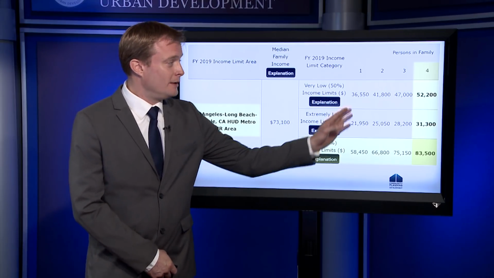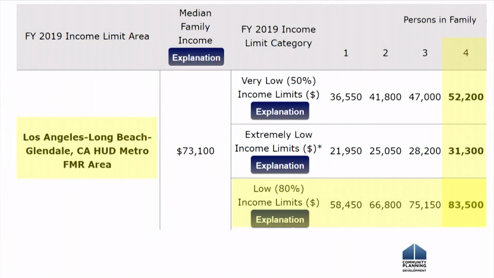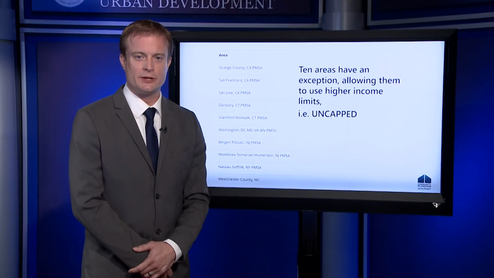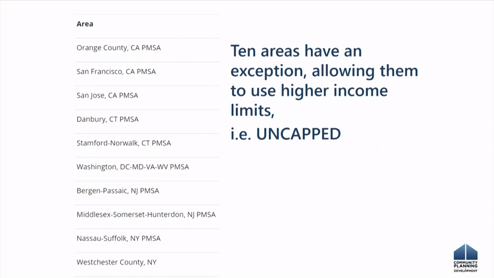And they're provided for family sizes. So a one-person family would be a $58,450 income limit, and a four-person family would be $83,500. There is an exception to the Section 8 income limits for 10 areas in the United States found in